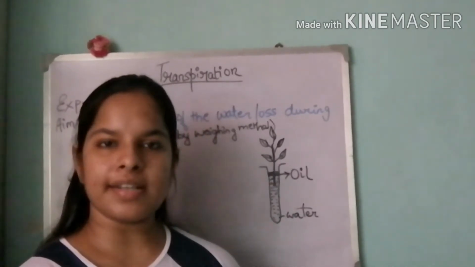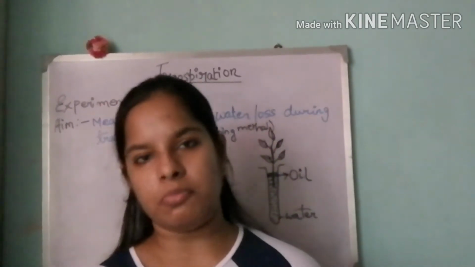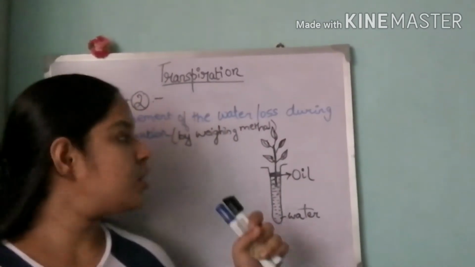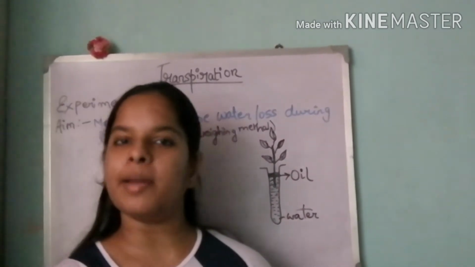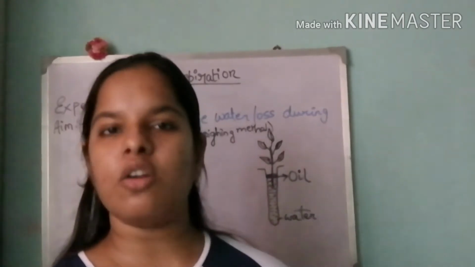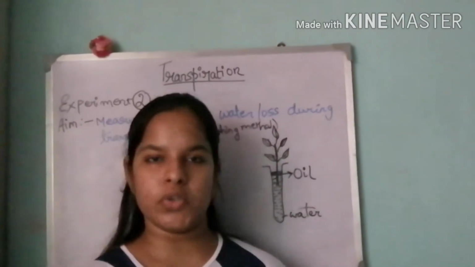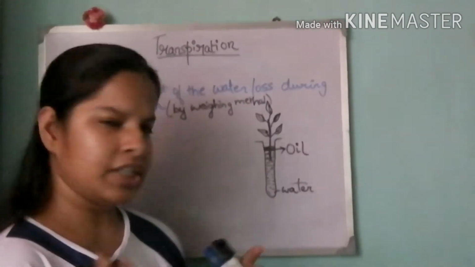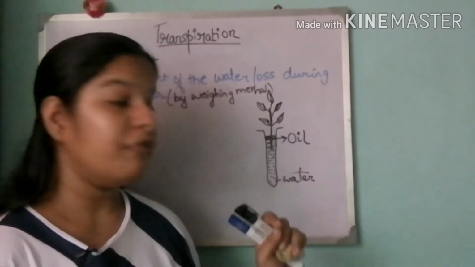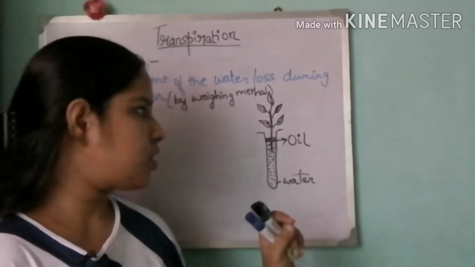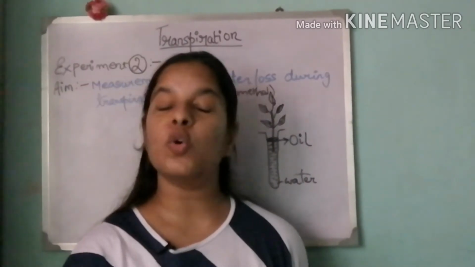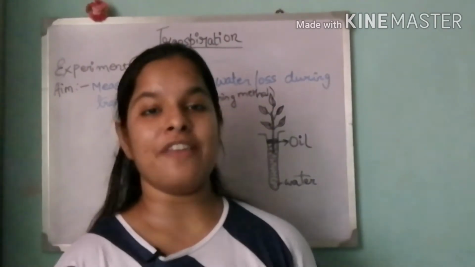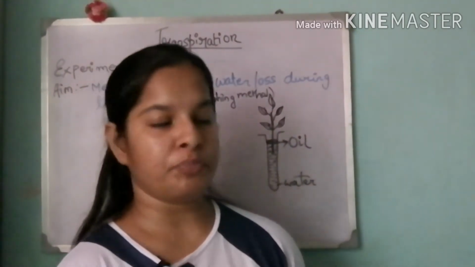Obviously, by the name you can understand, I have to weigh it using a measuring cylinder or something, because the water loss has to be measured in amount, otherwise we cannot detect how much water is lost during transpiration. So in this experiment, what we require: a test tube, oil, very important, oil, water, and a leaf, only the shoot part of the leaf without any root. I will explain why we have only taken the shoot part of the leaf.